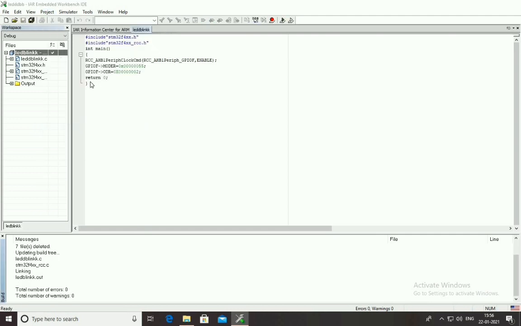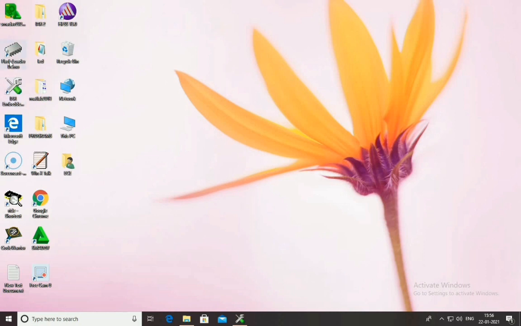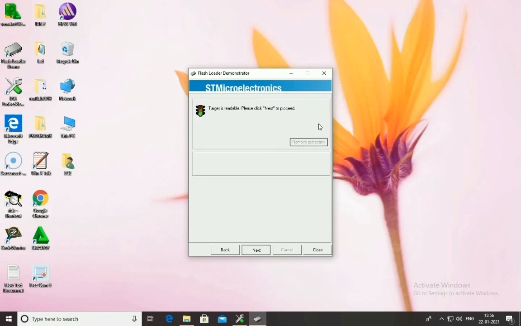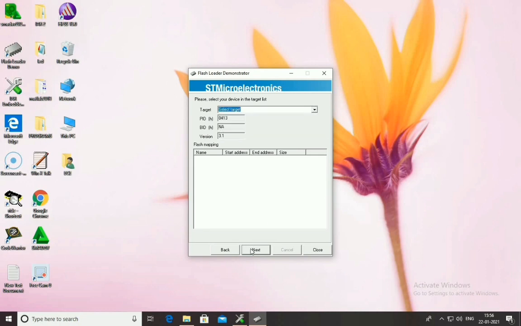Okay, now go to flash loader, give the port name and baud rate. Next, select the target file.